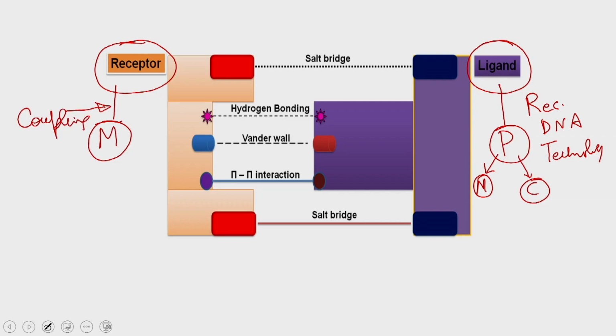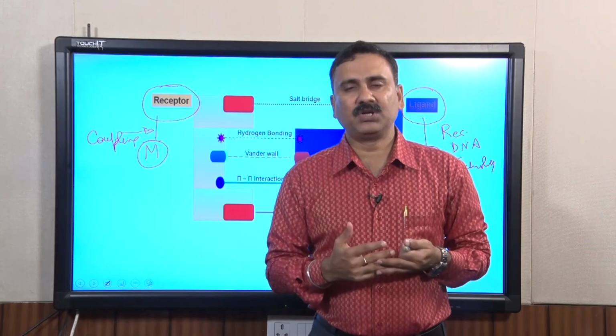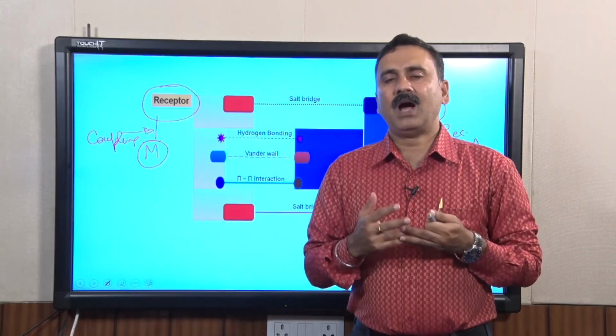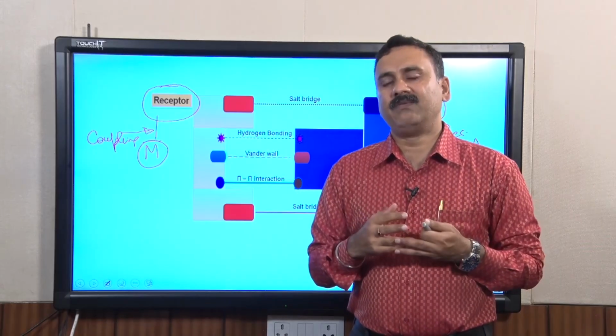So, today we are going to discuss how to generate the receptors and how to couple that receptor to the affinity chromatography, so that you will prepare an affinity column to purify the analyte of your choice. And at the end of this lecture, we are also going to discuss how to operate the affinity